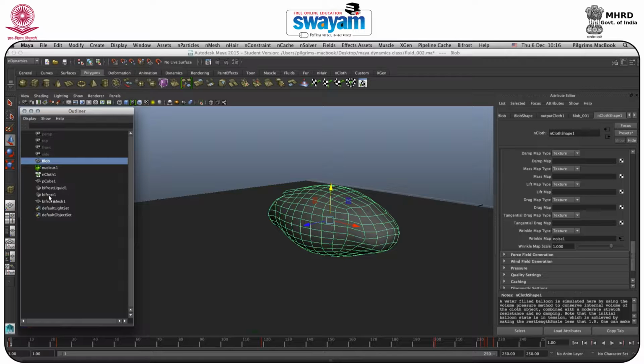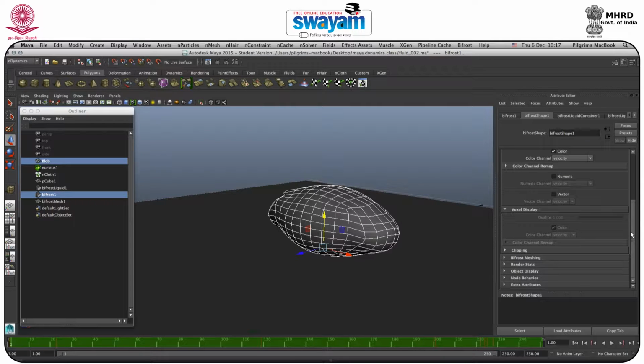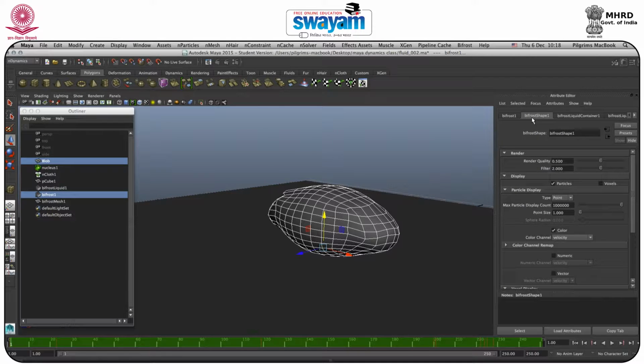Here we have the Bifrost shape. Now we'll go to Bifrost liquid container 1. So we will discuss this later because we have to go through the collision and all. So at first I will go to Bifrost shape 1 and what I will do,